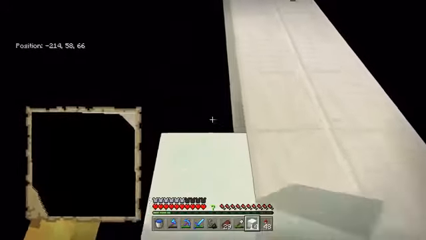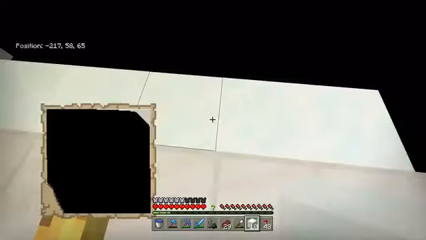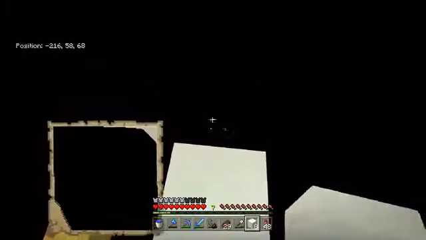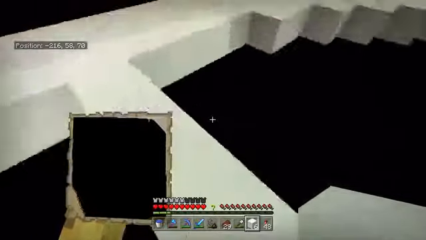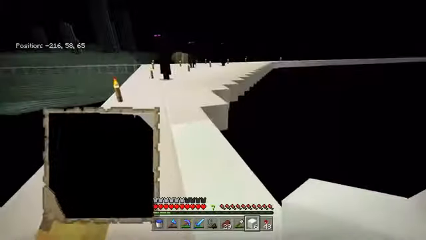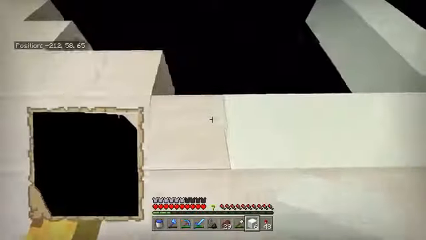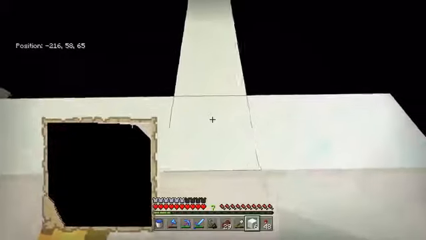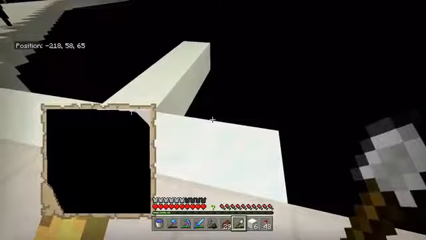If you don't know, snow blocks have a very slightly different white, or at least I assumed they did until just now. On the map, it seems snow blocks have the exact same whiteness as quartz does. Unless I'm crazy, do you spot the difference, anyone watching this right now? But looking at the blocks themselves, quartz is a much higher quality white than snow blocks. At least most Minecraft players seem to think so. And that's a good analogy to this, maybe. I'm trying to make this Minecraft related, okay?